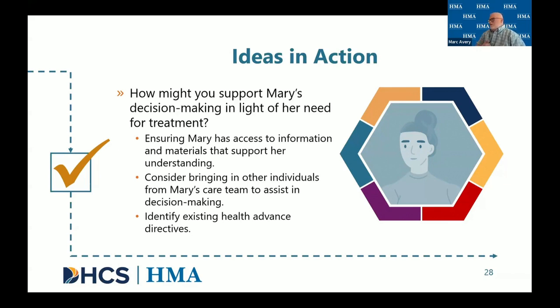Well, one of them is, as Daria just mentioned, the idea that if there are advance directives in place, you can refer to those. But the other thing, as highlighted here on the slide, is that other individuals in Mary's life may know what her preferences and values are or would have been. And so pulling in family members, other elements of her natural support system, maybe even other care providers, a trusted therapist or a care manager or whatnot.